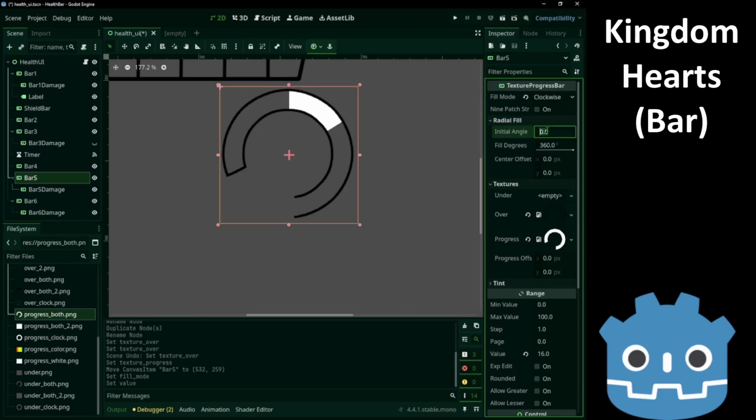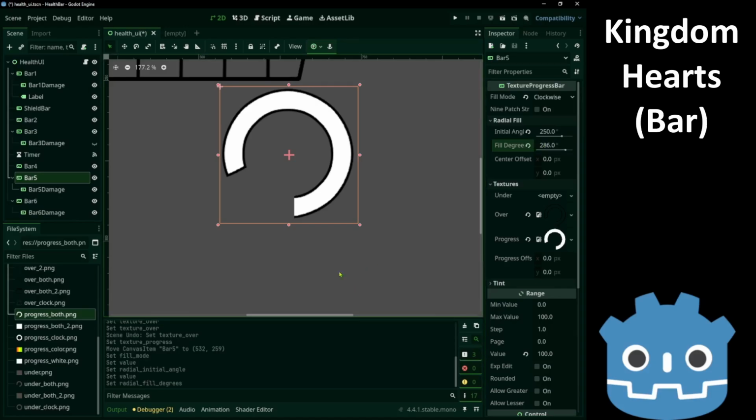Now after some testing I found that the value is 250. And we also have to change the fill degrees for the max value. 286. Let's see. Yeah, 285.